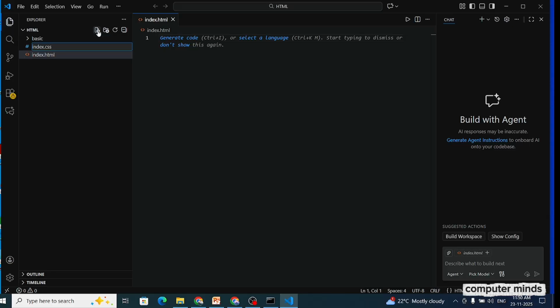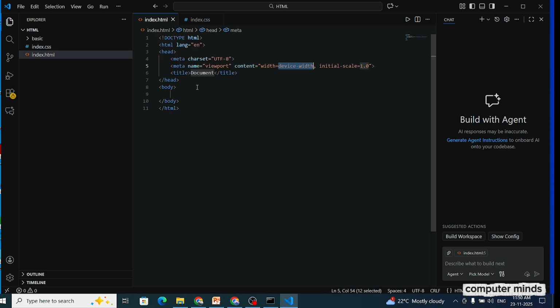Open your index.html and type shift plus exclamation mark, then enter. It will provide you the boilerplate of the HTML. Take one div container, and in the div container let's show how attributes work.